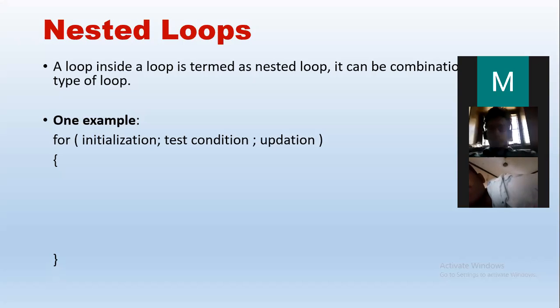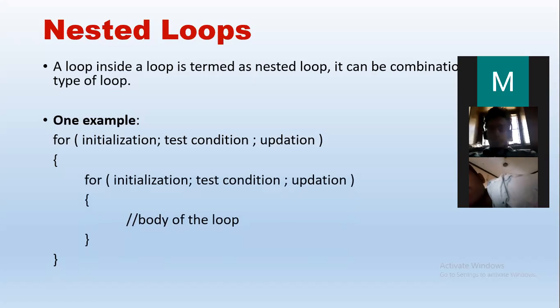Now, when we say a nested loop, we will have one more loop inside this loop. Note, it can be any type of loop. In this example, we have considered one for loop inside another for loop, like this. The outer for loop can be used for one condition, and then for each value of the outer loop, the inner for loop will execute multiple times. Here we may use i and j, or x, y, a, b, any variable can be used. So we have just taken one example. Let us see the same.